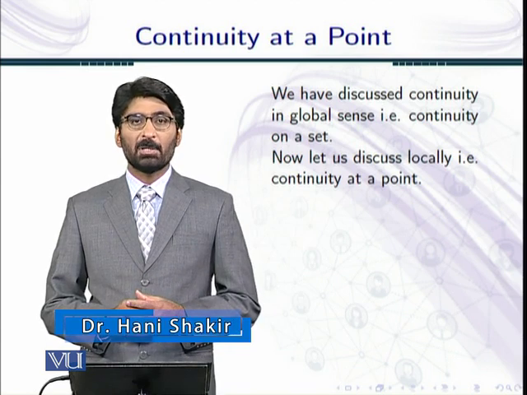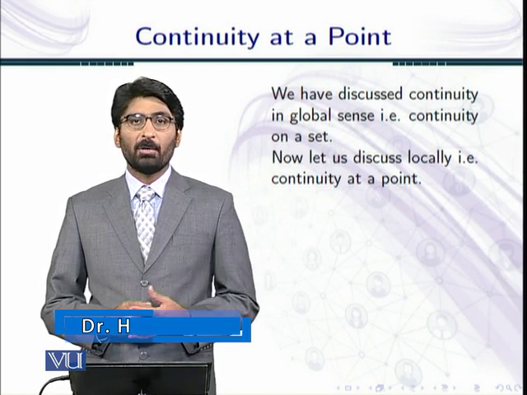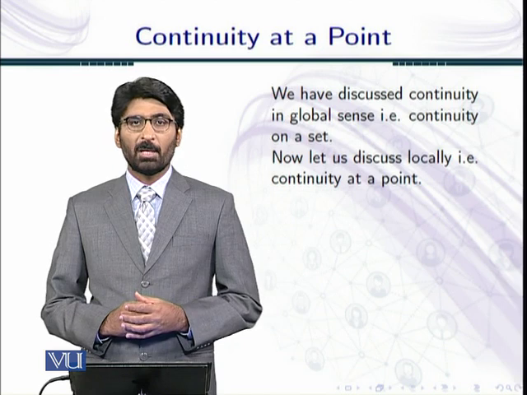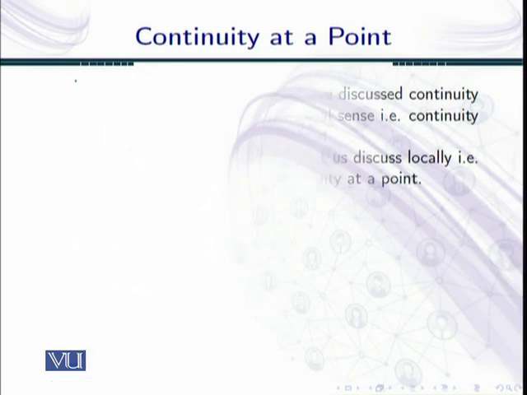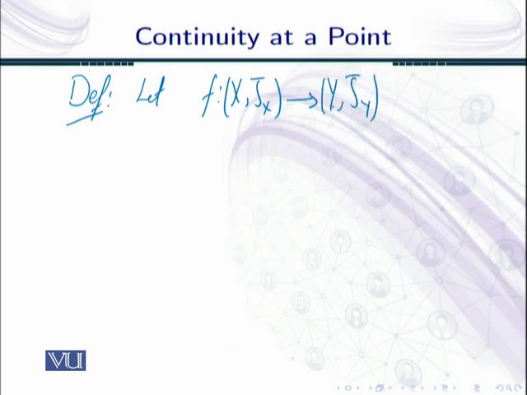What does it mean? It means that now we will discuss continuity, or a continuous function, at a point of a domain. Now let us see the definition of continuity at a point. Let we have a function f from a topological space (X, tau X) to (Y, tau Y). Now this function f is continuous at a point